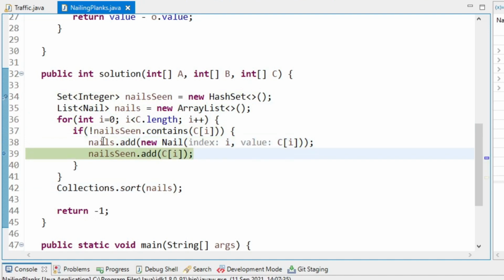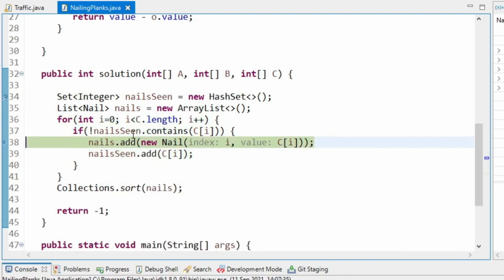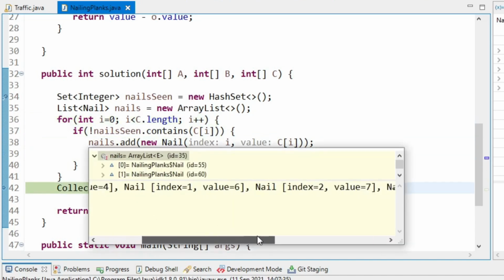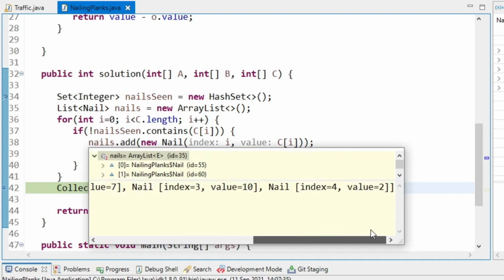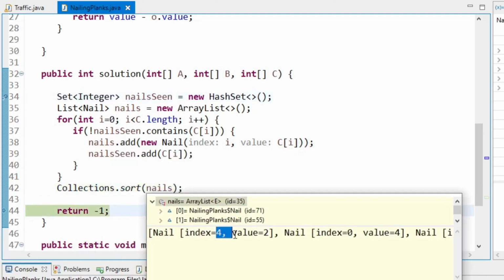So we add nail 0, 4, index 0, value 4, 1, 6. Add them all. 0, 4, 1, 6, 2, 7, 3, 10, 4, 2, and then we sort them, and 4, 2, 0, 4, 1, 6, 2, 7, 3, 10. Okay, so they're in order of value,